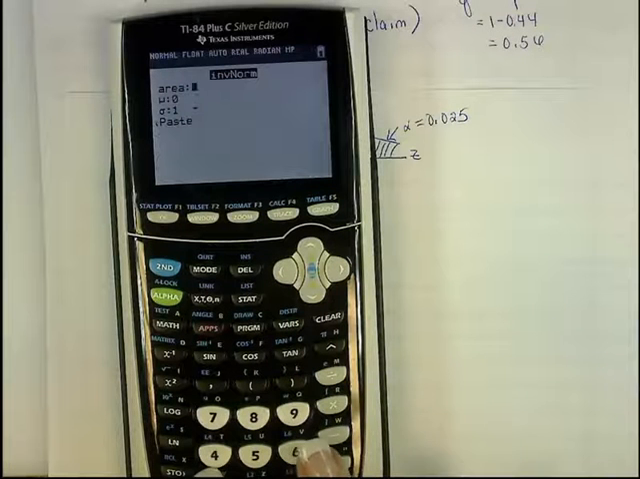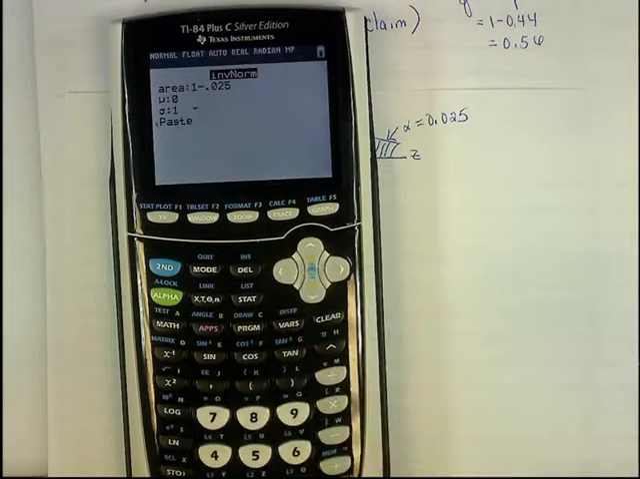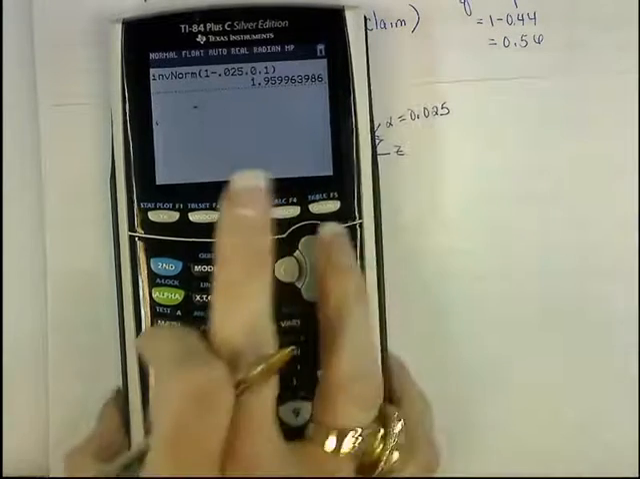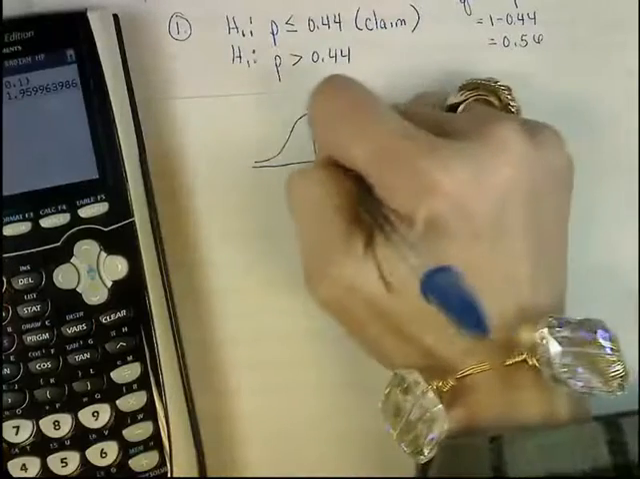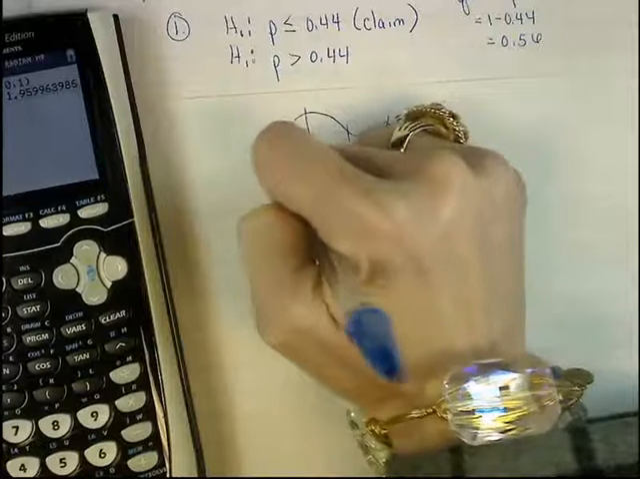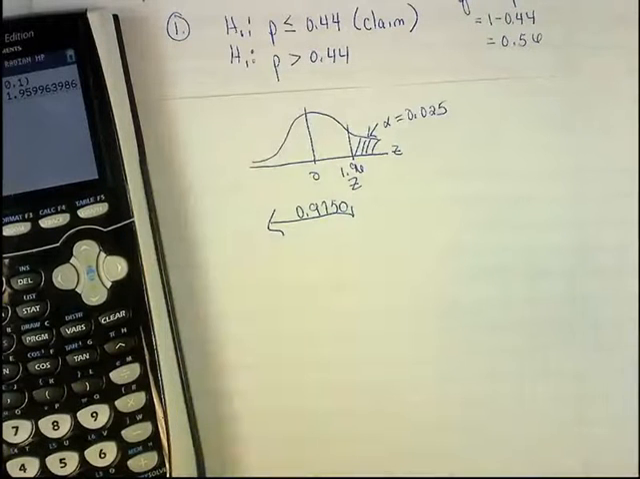But the area below it, which is 1 minus 0.025, which is 0.975, and then paste. And you get 1.96 for your critical value. So the area below it is 0.9750. If you go to your 2-page Z table and you try to look up the area below it, 0.9750,